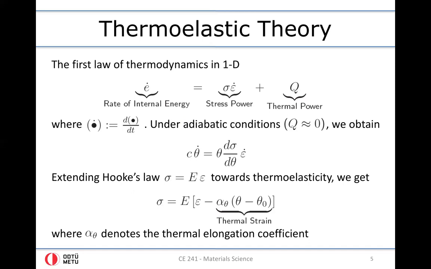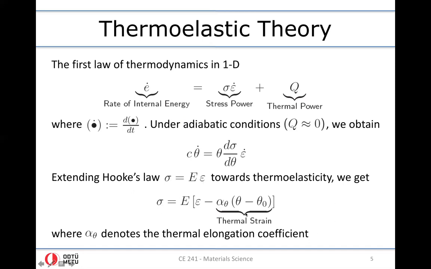We have considered this coefficient when we discussed the atomic energy curves, remember, and there we have commented that when the energy trough is deep and narrow, in other words, when the bond is stronger, the alpha theta, the thermal elongation coefficient, is smaller, right? Because it's going to be more difficult to expand or elongate the material by changing the temperature. So this is, if you like, the extension of the Hooke's law, isothermal law, towards